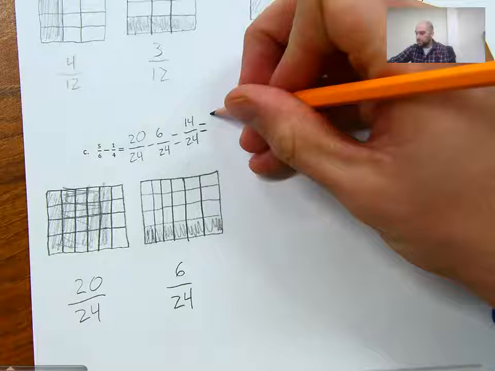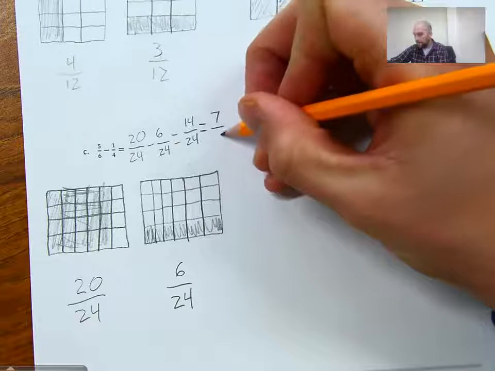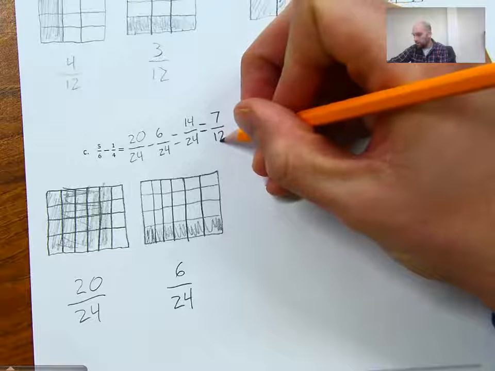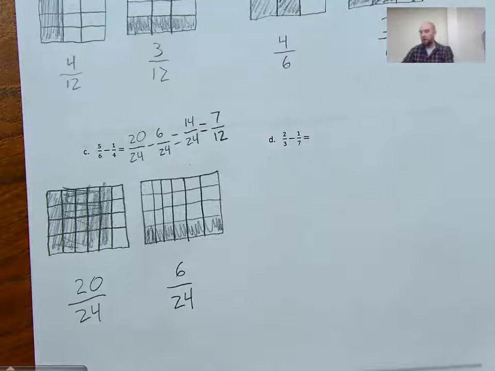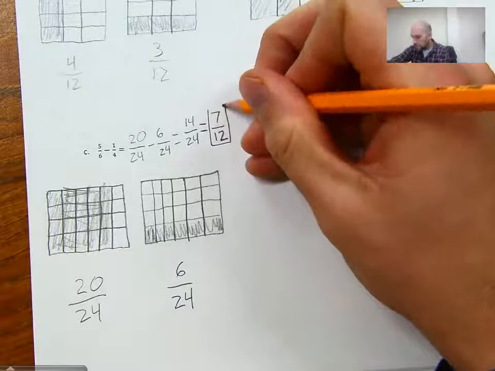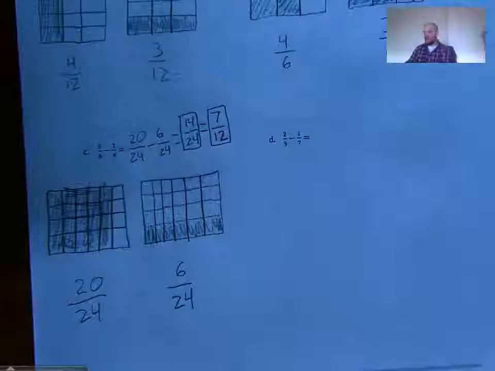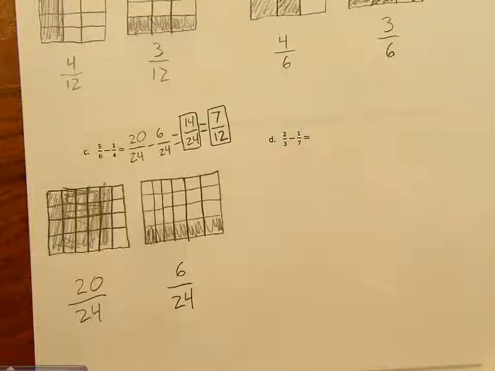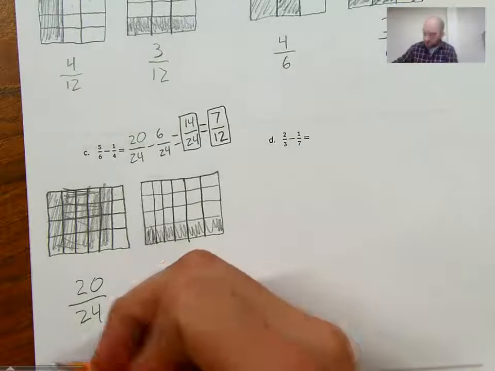And so I see 14 divided by 2 would be 7, and 24 divided by 2 would be 12. I'd be cutting both of those in half, and I would get us an equivalent fraction that has smaller numbers. We call that simplifying a fraction. So we could either have 7/12ths or we could have 14 24ths. And we could check to see if those are simplified by drawing another